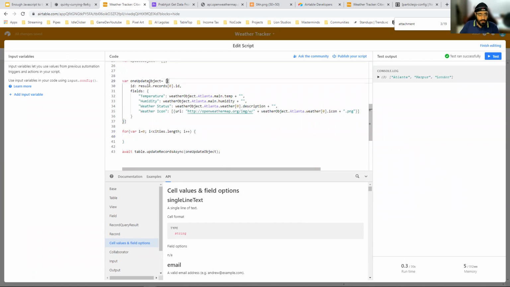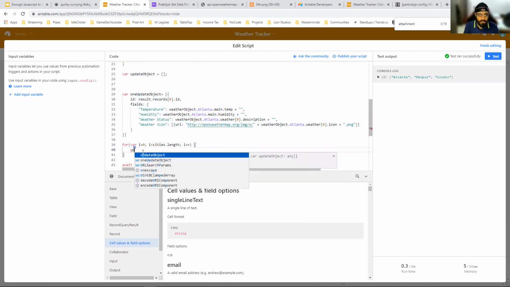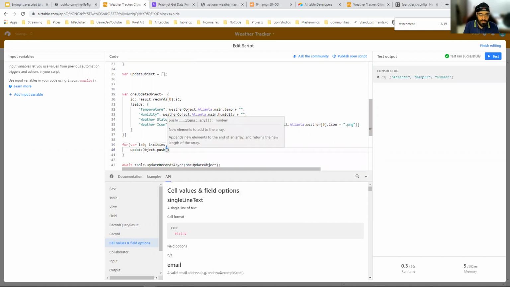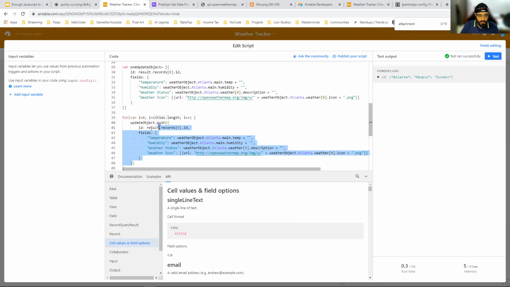And now my update object is what I'm looking at. So what I want to store in it is this object. So I can say update object dot push, and then I want to push this for each of my cities into that. And here I want to do i. So for each of my 0, I want to replace it with i.